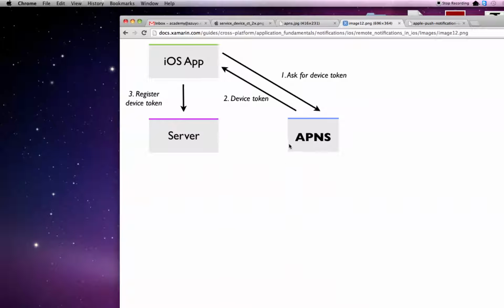So APNS knows that this device token belongs to this device, and it knows how to send that message. It takes care of flow control and throttling, and it tries to deliver the message repeatedly in case the phone is switched off and all of that. In fact, this is one of the most important reasons why